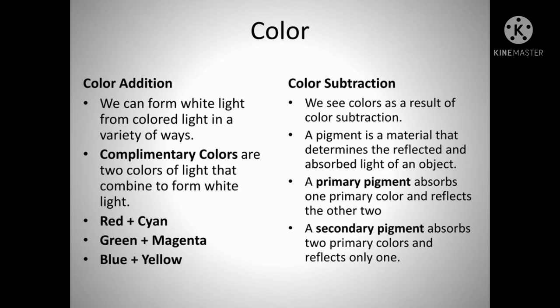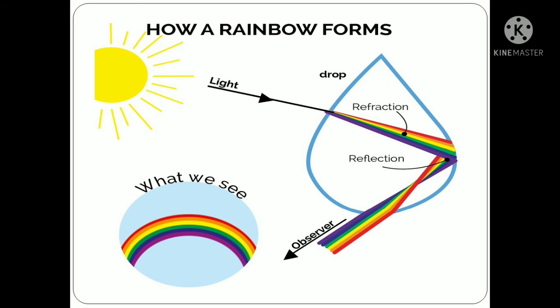But now we'll get to the last point we have seen just now, that white light is composed of 7 colors. Now let's see how we see the 7 colors. Let's see here. This is what we see. We see a rainbow, isn't it? But when do we see a rainbow? A rainbow forms when white light, meaning the sunlight, and rain combine in a very specific way. The beam of sunlight separates into colors and we see the rainbow as it enters a raindrop.